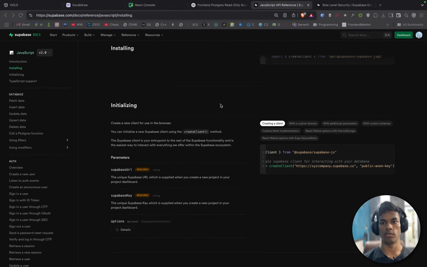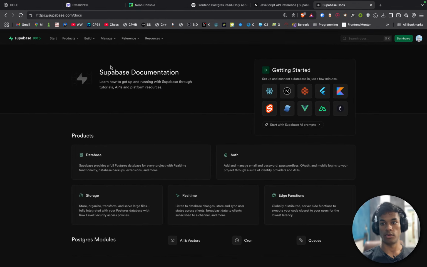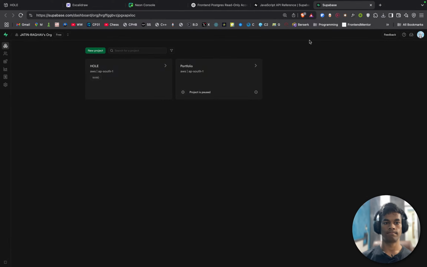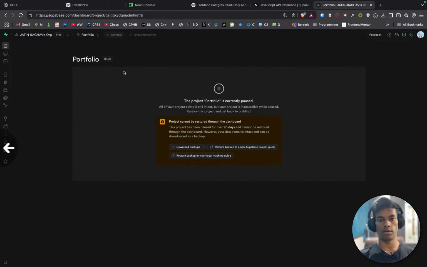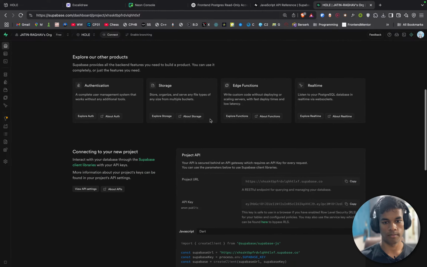And let me go to my root, to the docs, go to dashboard, and go to portfolio. Nope, it is paused, so nope. This is the key and this is the URL.